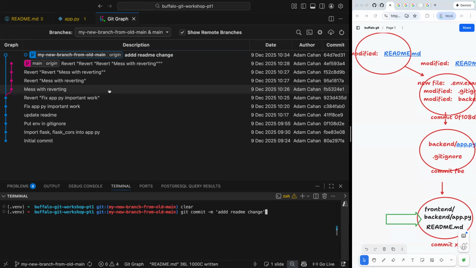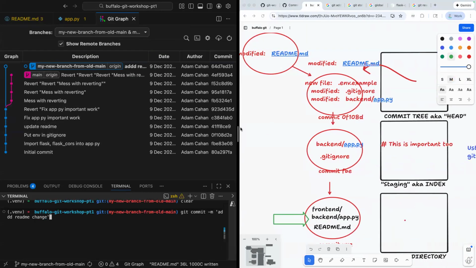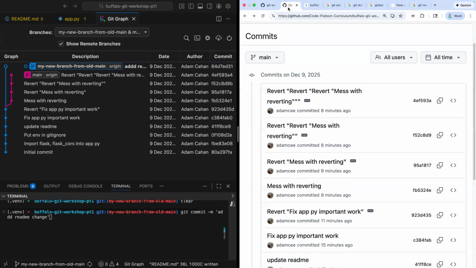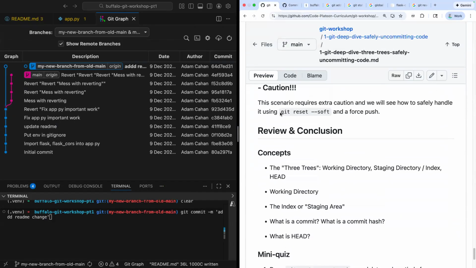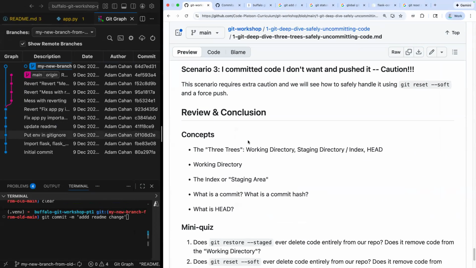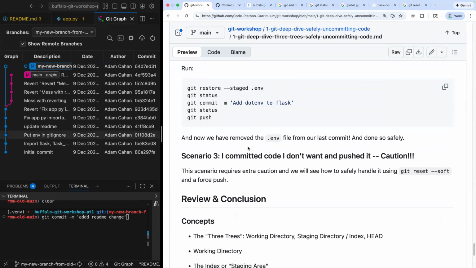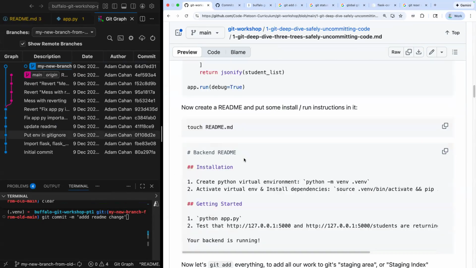Okay, cool. And just to recap, I've gone into some pretty advanced stuff here. You use this stuff like 5% of the time. But when you need it, it's really nice to have. Again, I'll share the link to the curriculum here, but the goal of today is really to dive deeper into Git